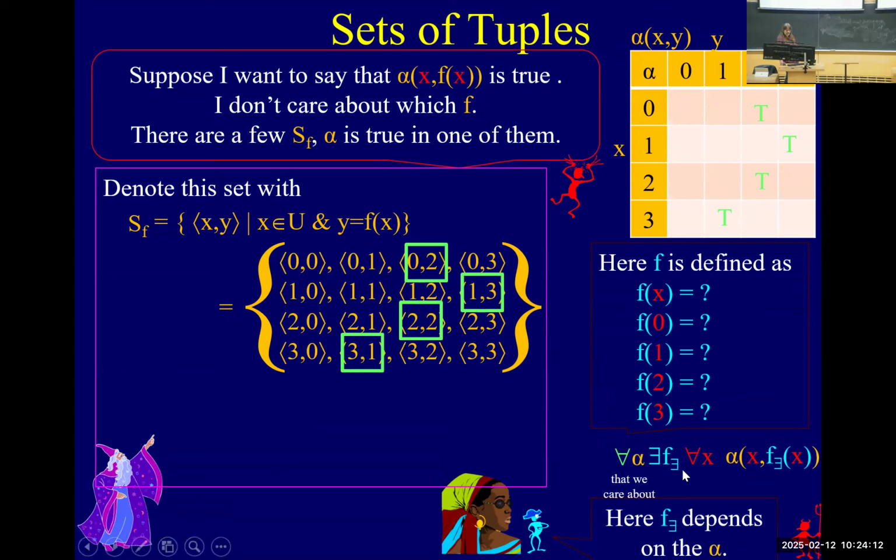And here, of course, the function depends. Now, what we're doing here is somehow that the adversary has to come up with the exist. So it's coming up with this entire function, right? And in fact,